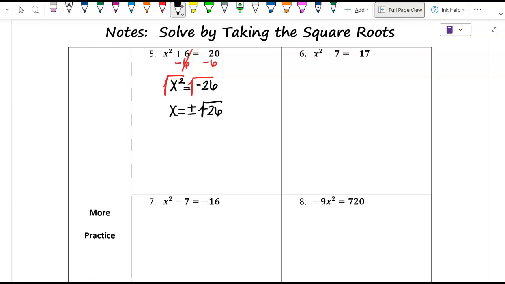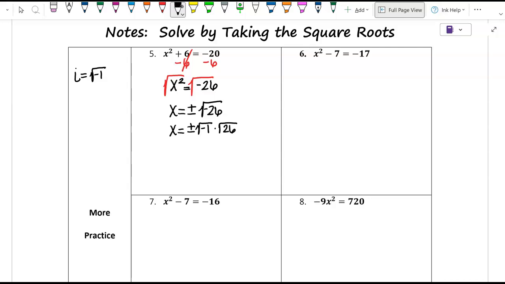But we talked about this yesterday. Anytime I have a negative under the radical, I can take out the negative 1, because we learned yesterday that i equals the square root of negative 1. So I can replace that square root of negative 1 with that i to let the user know it's an imaginary solution, which lets the user know it does not cross the x-axis. So x equals plus or minus the square root of negative 1